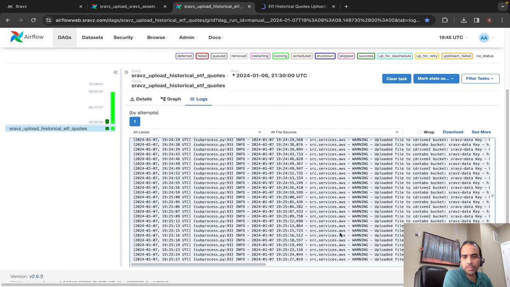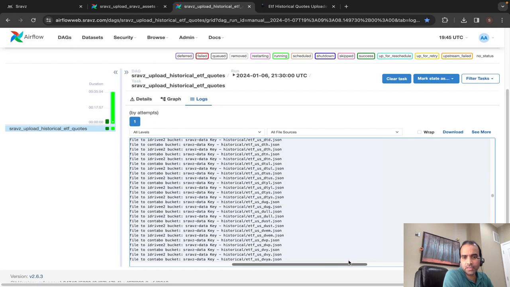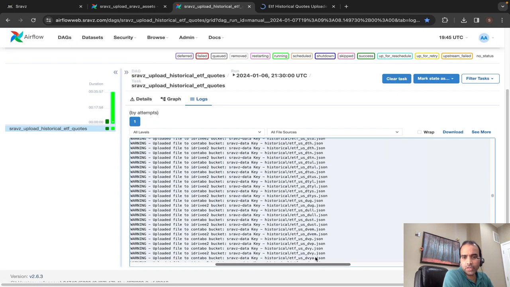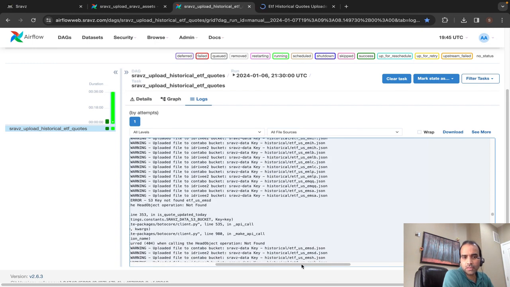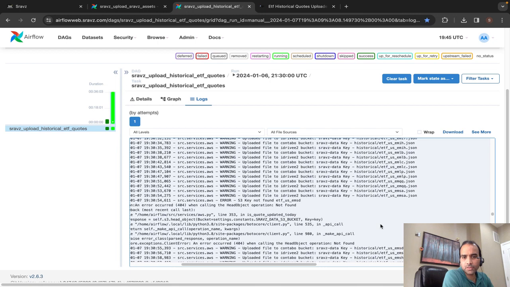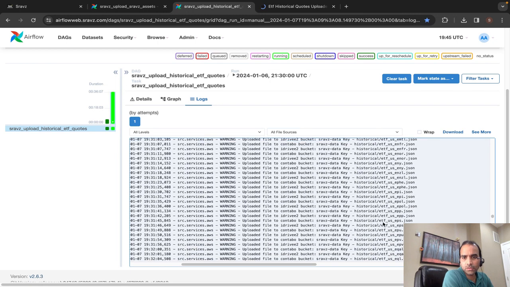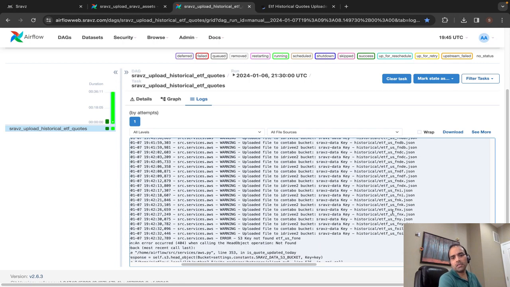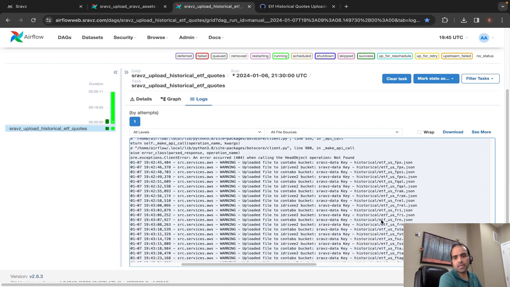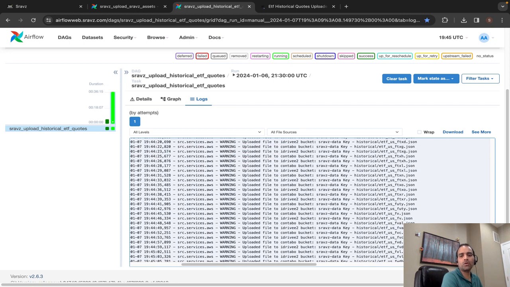It has uploaded many codes so far, and we are at DVYA. It is running in the background. Once all the codes are uploaded, the DAG will exit, and that's how we upload historical codes to